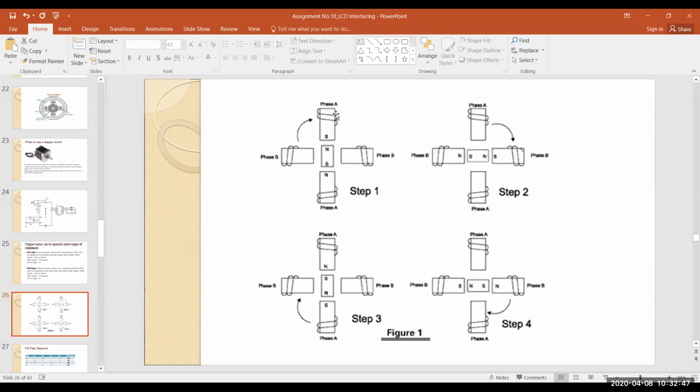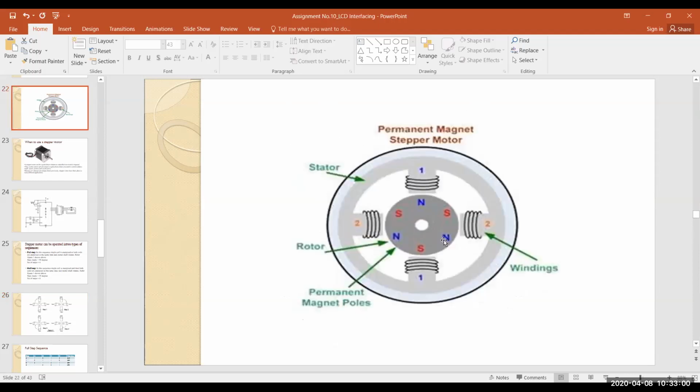So here phase A is surrounded with this coil, phase B is also surrounded by this coil, phase A again, A dash you can say, is surrounded by a coil, and phase B is also surrounded by a coil. These are called windings.